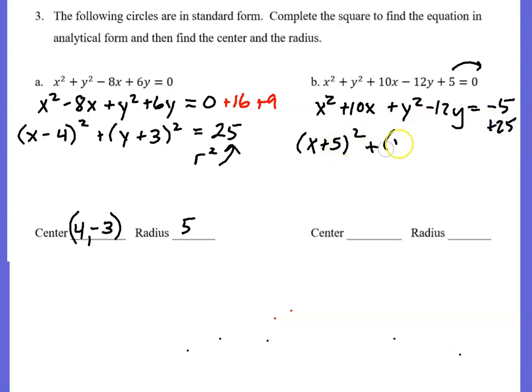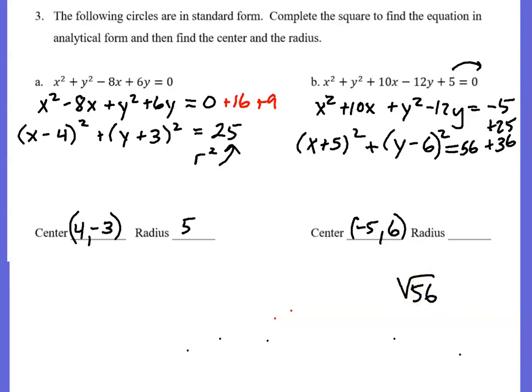To complete the y, I have to do y minus 6, half of this, because if it's negative, half of that is still negative. And then 6 squared would be adding 36. So when I add negative 5, positive 25, and positive 36, I end up with 56. So for this one, the center is at negative 5, positive 6, and the radius is square root of 56,